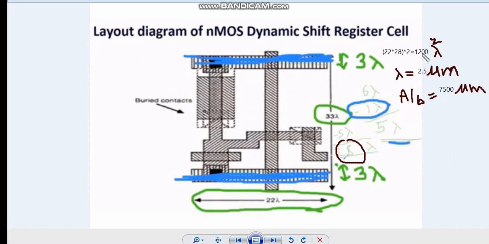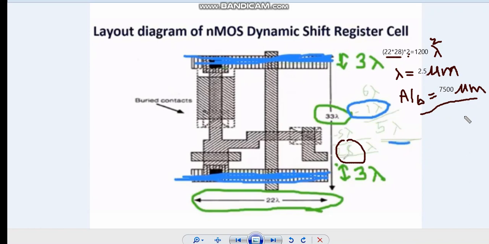Hence finally we have got the length into width. And why are we multiplying with 2? Because as it is a non-inverting circuit, we have two pairs of NMOS as well as the inverter. Hence, multiplied by 2, we have got 1200 lambda square here. Lambda means the technology we are using. If we are using the 2.5 micrometer technology, then multiplying, we get around this value, that is 7500